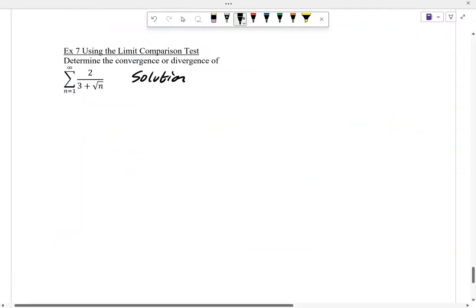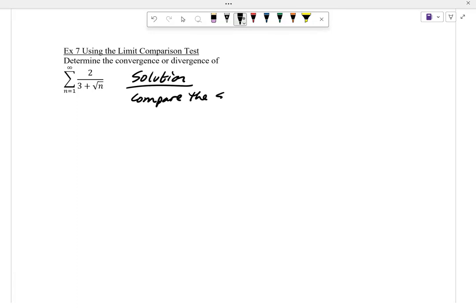All right, let's go ahead and check this one. Again, this is another good you try problem. If you do want to pause the video, try this thing first. And I do want you to know, even though you could actually use the direct comparison test on this, just FYI, the direct comparison test would work here as well, but we're going to continue practicing the limit comparison test. So we're going to compare the series